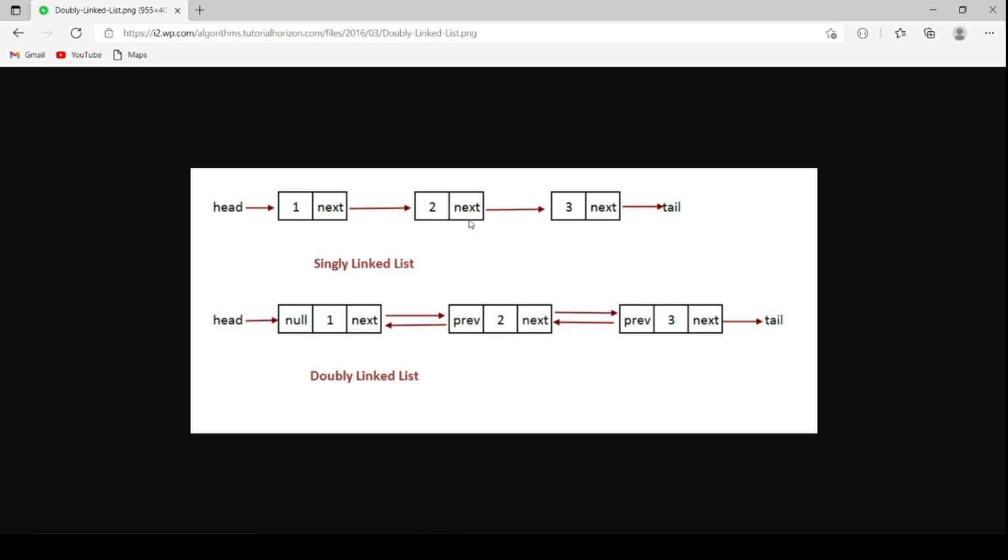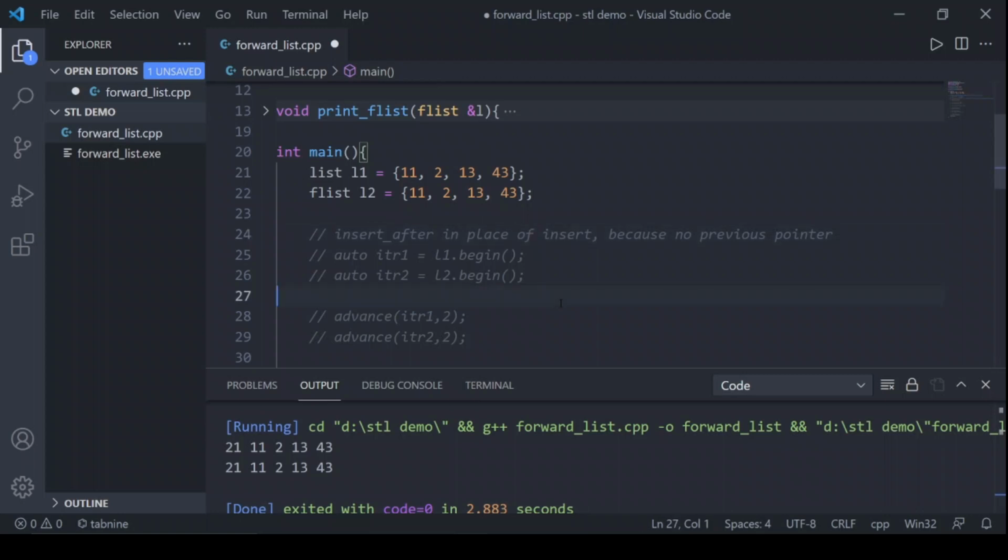But if we want to insert at this location in a singly linked list, we can't. Suppose I want to insert 4 between 1 and 2, and I have passed position 2. We can't insert here, because 1 needs to be connected to 4, and 4 needs to be connected to 2. But once we connect it to 2, we can't go back to 1 to connect 1 to 4. That's why there is no insert function, there is an insert after function.